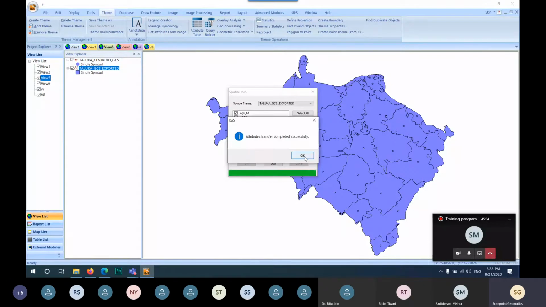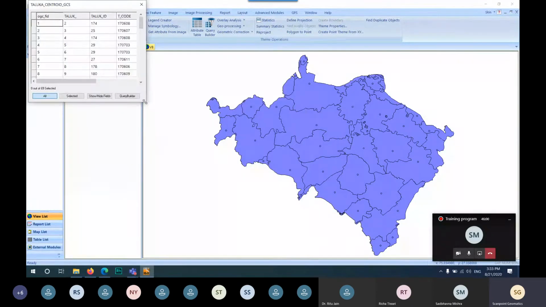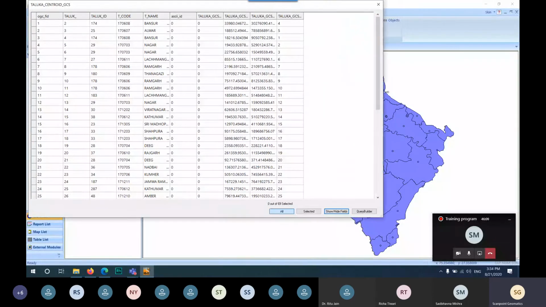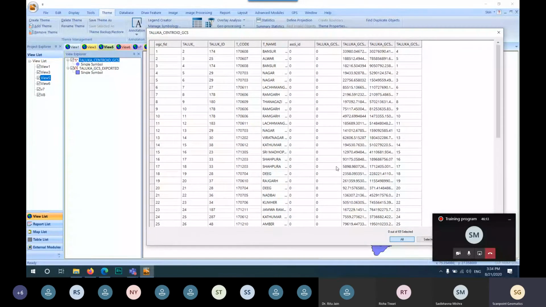As I click, attribute transfer completed successfully. Just go and check the attribute table of your destination, and on this table all the attributes of the polygon theme are now spatially joined with the destination table.